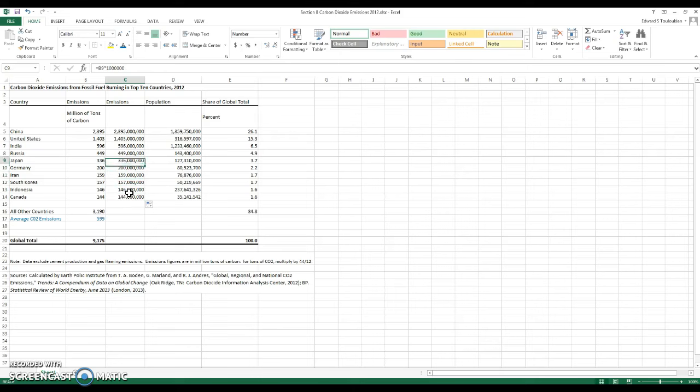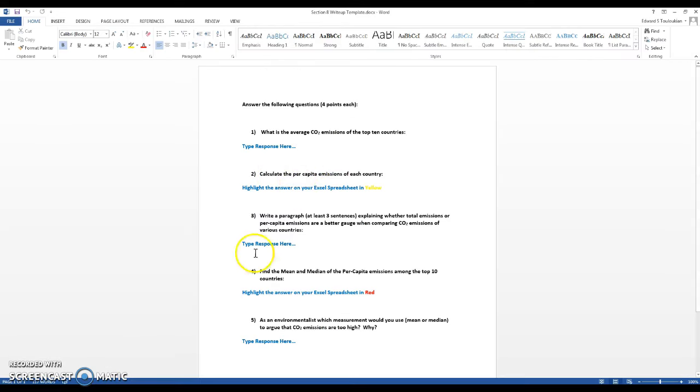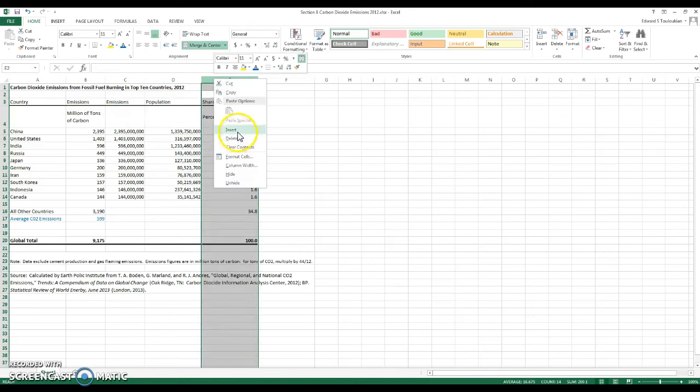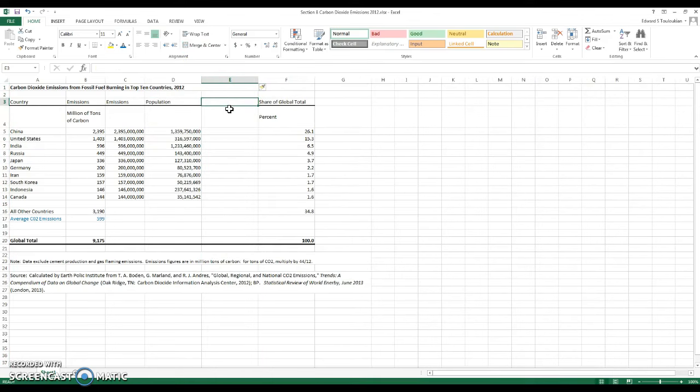So it's going to take every cell in B. So this is B8 multiplied by 1,000,000. Okay, so now we have them in standard notation with all the zeros. And we want per capita. Okay, so to find per capita, you would take emissions divided by population. So we're going to make a new column here. Insert. Let's call that emissions per capita. And to do that, it's going to equal